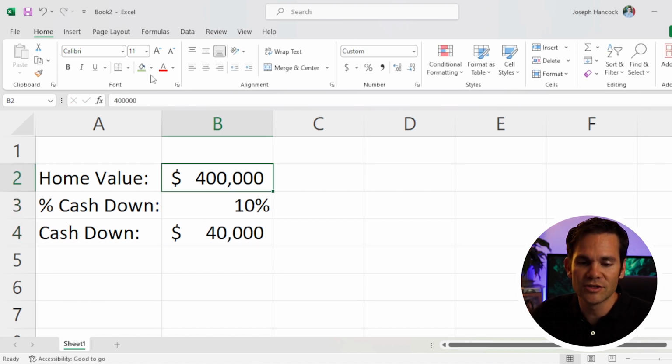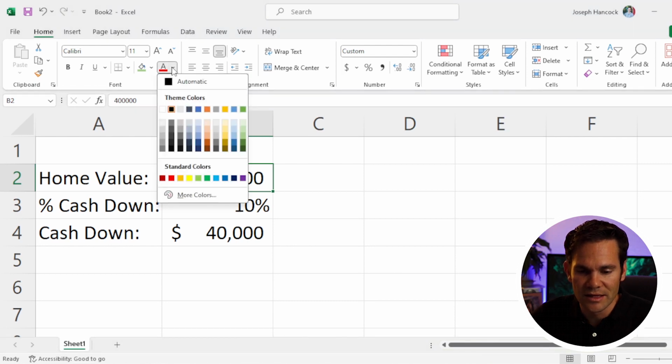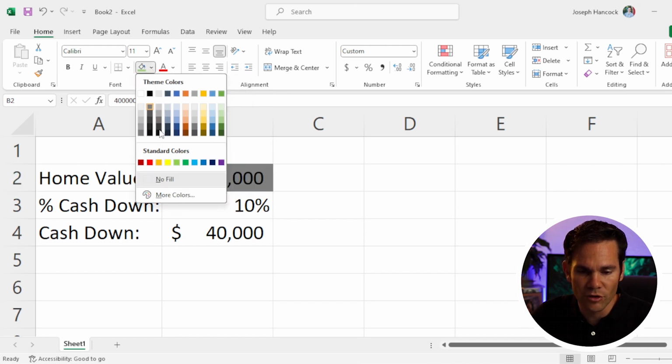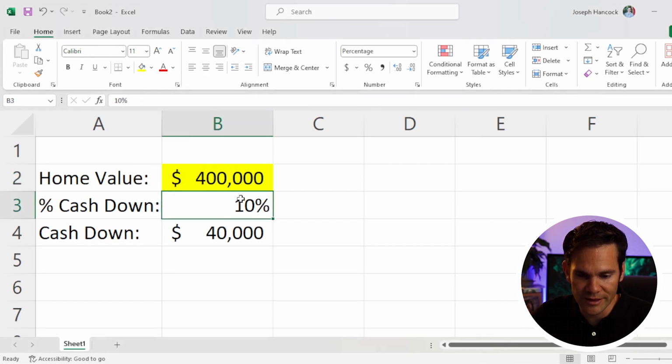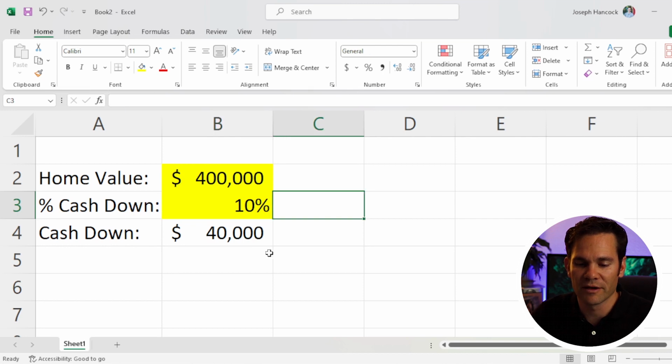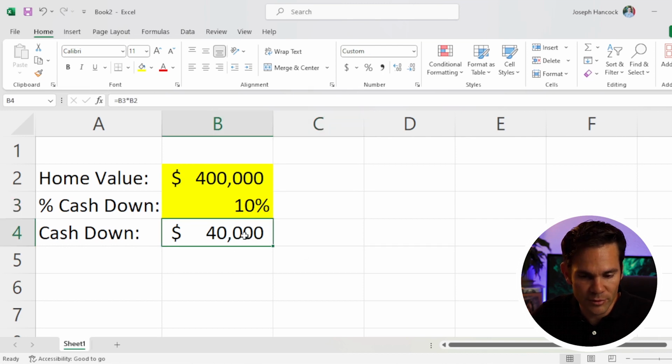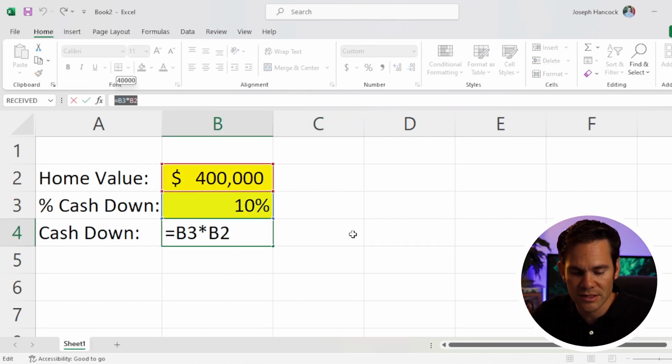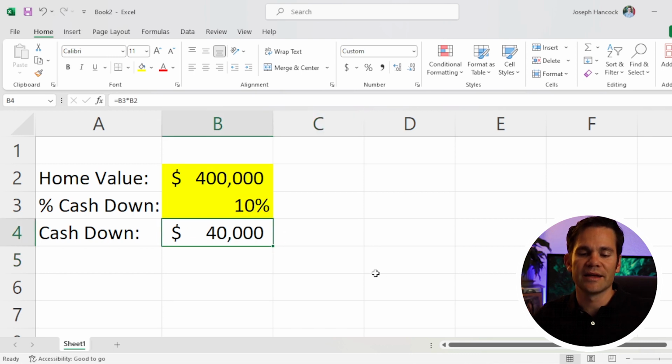So what I like to do is I like to highlight cells that are for me to modify going forward. So anything in yellow means that we're going to be changing those cells in the future, right? So that one we should make modifiable. This one we'll make modifiable. This one here is a formula, as you can see in our formula box. So I'm not going to highlight that one because it's going to be an automatic output, okay, based on these